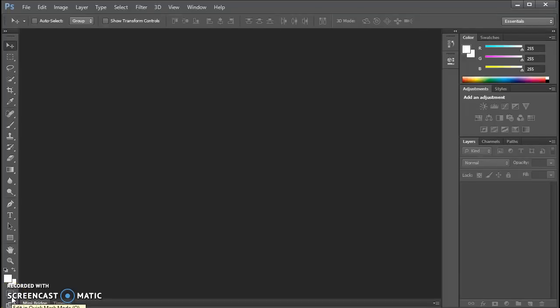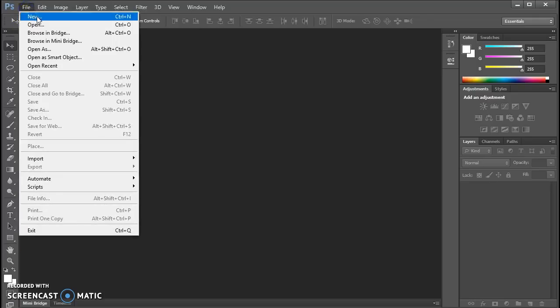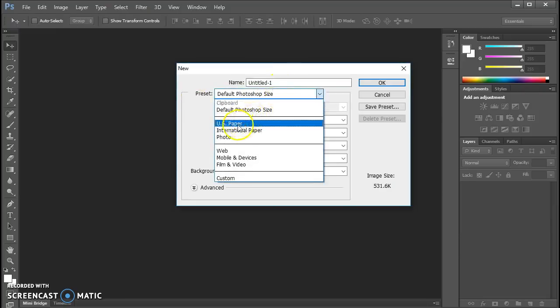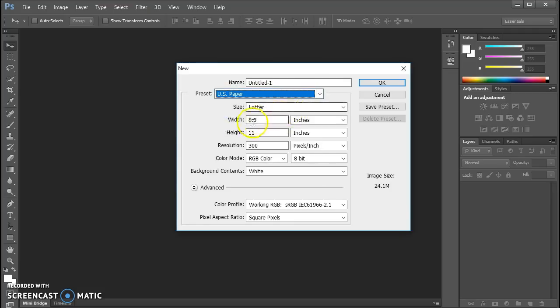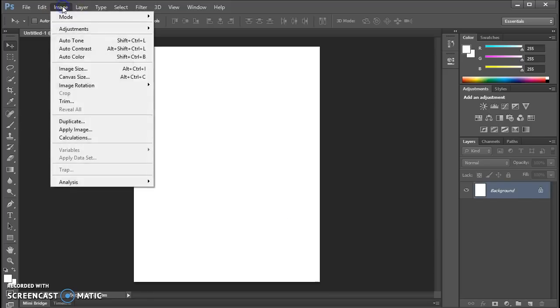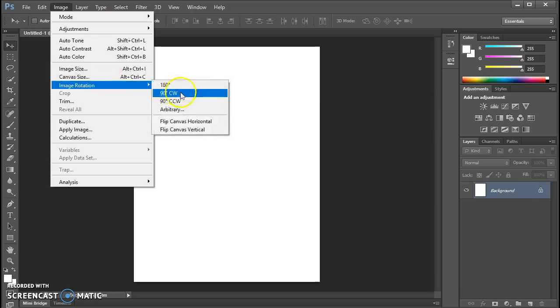To start making our Kehinde Wiley inspired artwork, we're going to begin by making a background. So to start with, let's go File, New, and then I just want you to create a very large background to work with. So you can go to US Paper, let's just do a standard letter size, and click OK. Now you can choose if you want your artwork to be tall or wide. If you decide you want it wide, you can go to Image on the top, Image Rotation, and rotate it